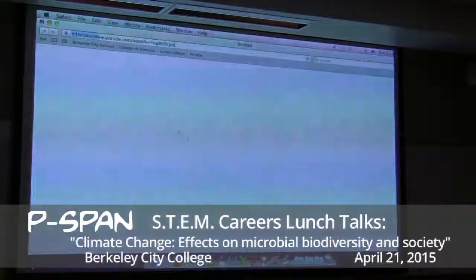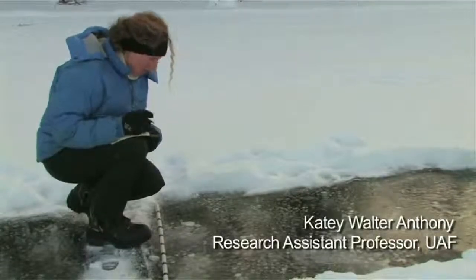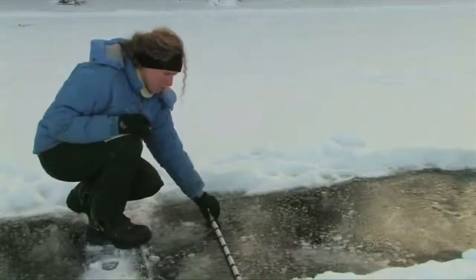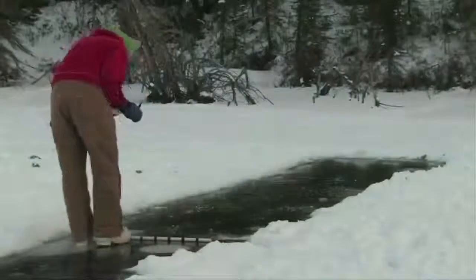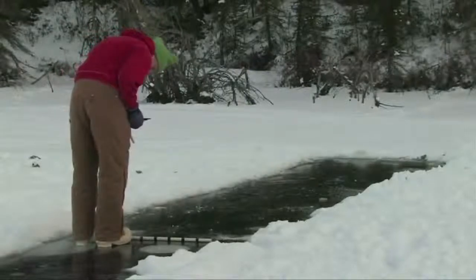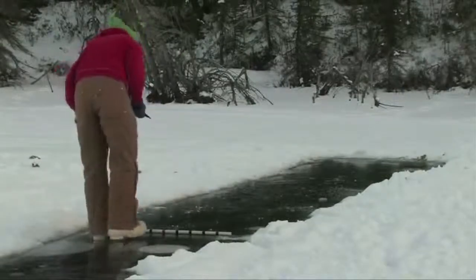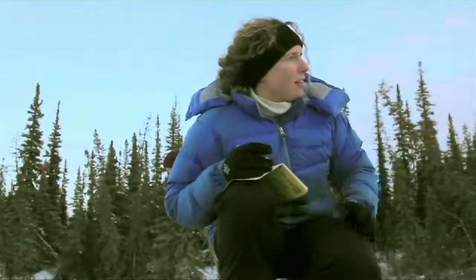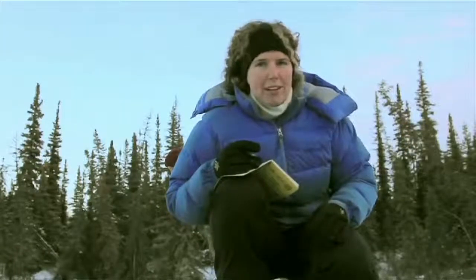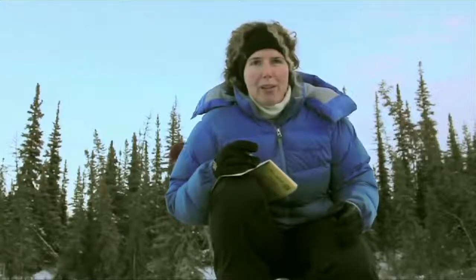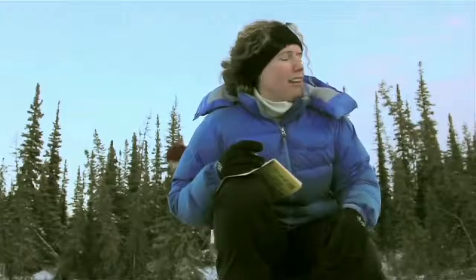We're out standing on a frozen lake in interior Alaska, outside of the University of Alaska Fairbanks campus. And this ice is already about 20 centimeters thick. So as it's been freezing up, methane gas has been coming out of the bottom of the lake and getting trapped in the lake ice. If you look at the shore, you can see that there are lots of trees that are falling in the lake and they're dying. What's happening is the permafrost is thawing. And the ice that was in the ground, when it melts, causes the ground surface to collapse. When the forest falls in and any